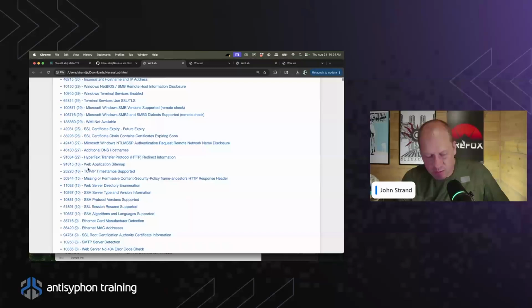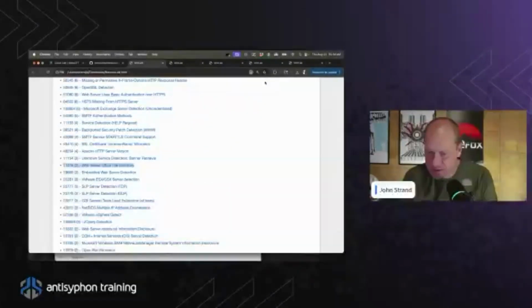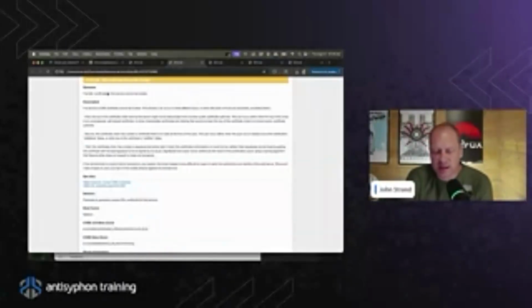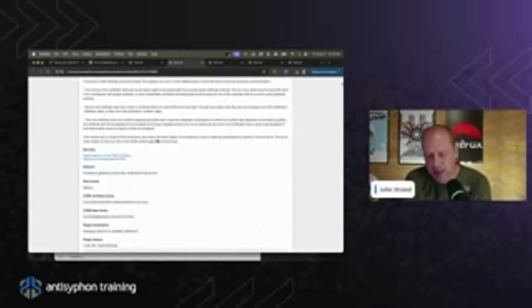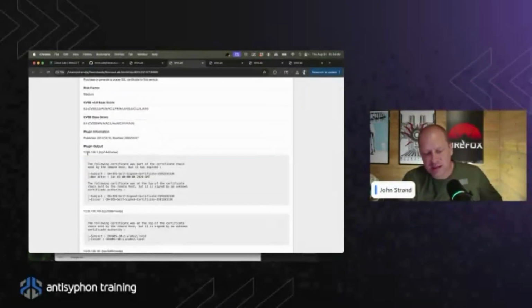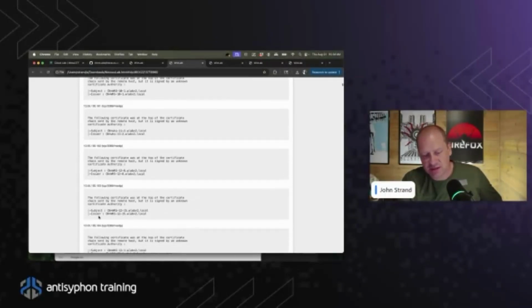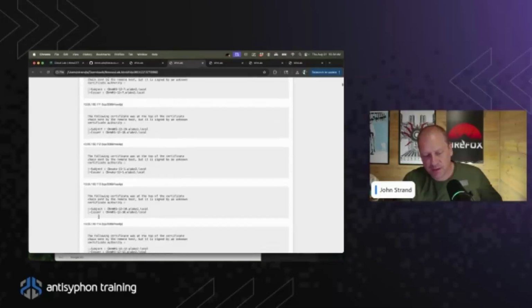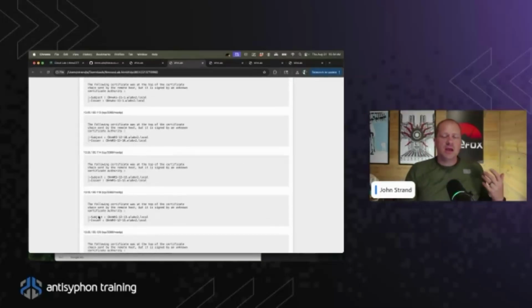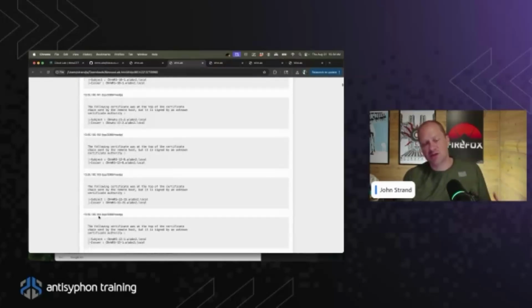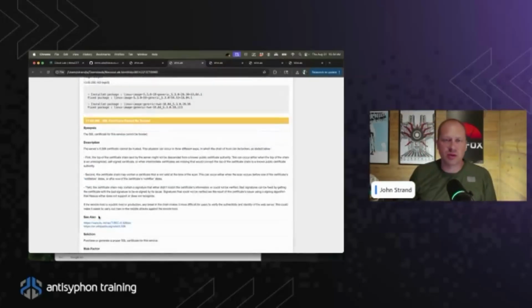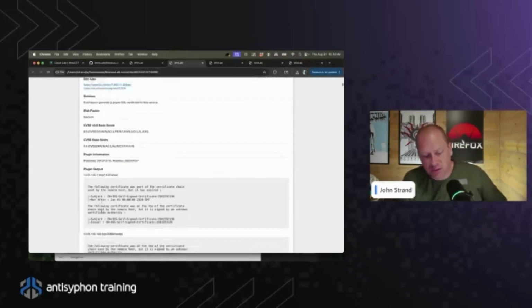It's actually web server office file inventory. That's another one. So if we're looking at this one, we got the SSL certificate cannot be trusted. And down below, it lists each one of the systems that have the SSL TLS certificate that cannot be trusted. Now, if I was doing this by IP address, I would have to go to each one of the IP addresses to see this specific vulnerability, and I would have to do it one at a time, right? I'd have to go through and I would have to go to